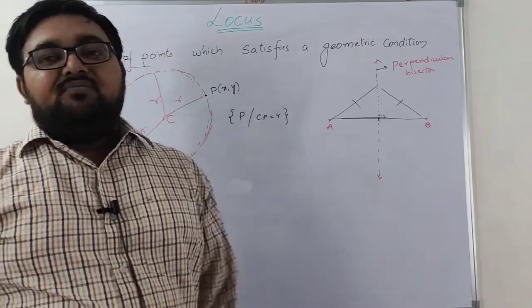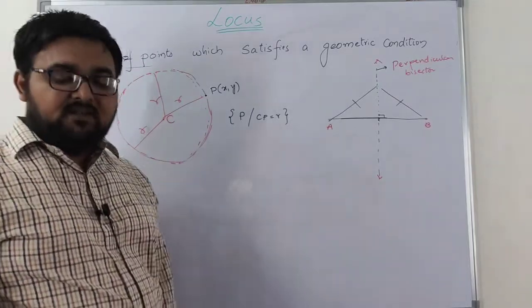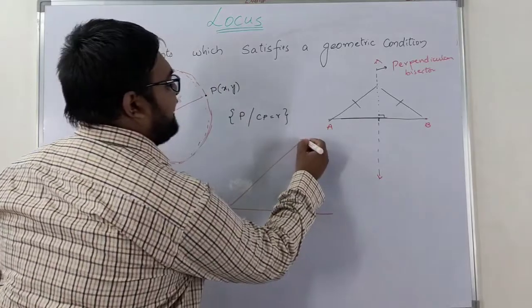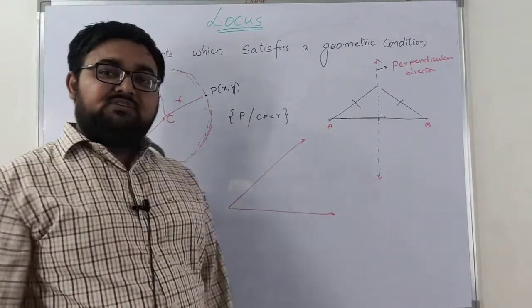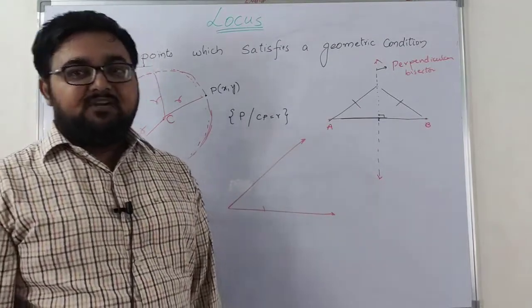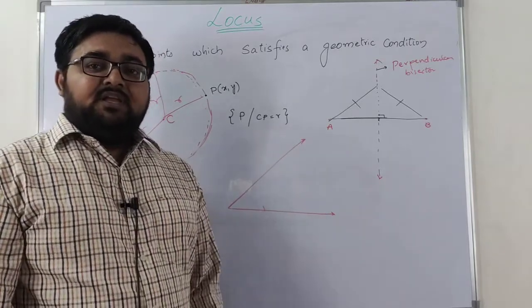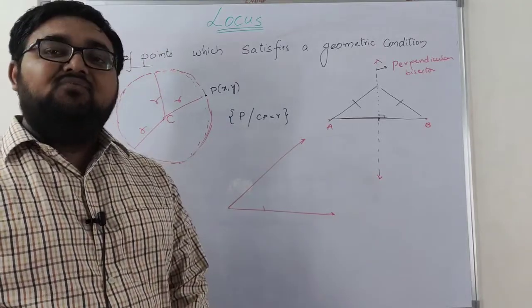The same way we can go for angular bisector also. So you know about angular bisector, right? What is meant by angular bisector? Angular bisector means you will be having one particular angle. The angle is formed by 2 arms. The rotation made by one arm with respect to the other arm is nothing but called an angle. Now whenever you consider an angle, if you want to tell about the angular bisector, how will you tell?